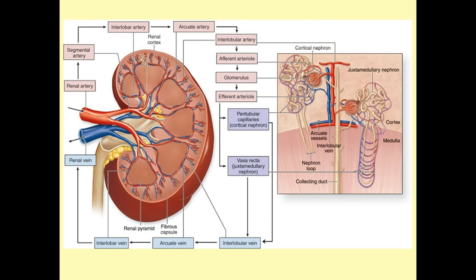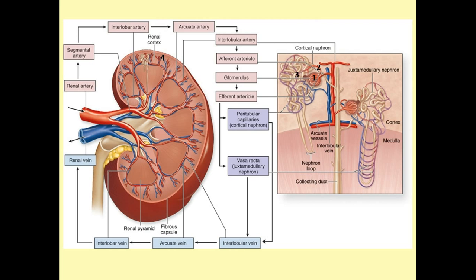So let's follow the path of the venous tissue through the kidneys. So look over at the right. We're going to start in the glomerulus. That's where we filter the blood to make urine. From the glomerulus, we will exit by way of the efferent arteriole. So number 2, efferent arteriole. And then notice that the efferent arteriole branches to form a bunch of capillaries that surround the tube part of the nephron, and those capillaries literally mean around the tube. They're called peritubular capillaries, which merge to form interlobular